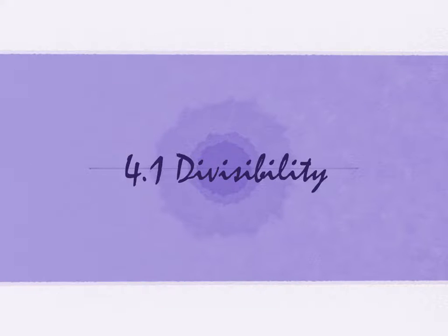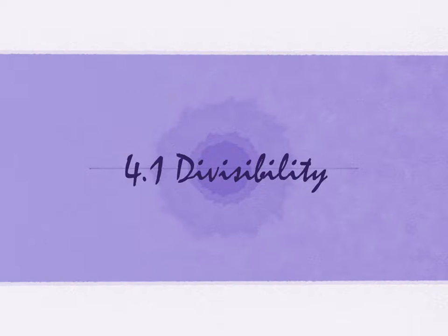Section 4.1 has the wonderful title Divisibility. We are going to look at relationships between numbers in this section and taking numbers and breaking them down into simpler pieces. That's the idea. So the first thing that we're going to look at is what the definition is of the word divides, and